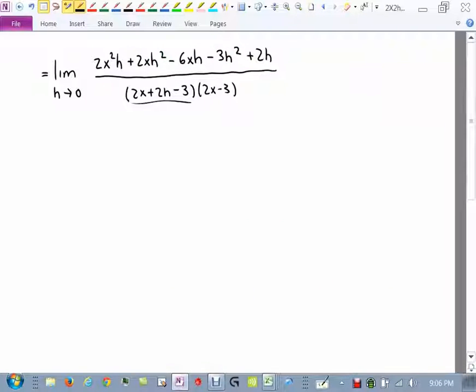What you'll notice now is that every term in the numerator has an h in it, so you can factor an h out, and then they cancel out with the one on the bottom. So you'll get limit h approaches 0 of, oh my goodness,